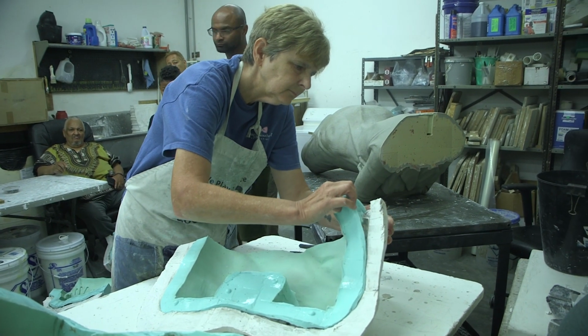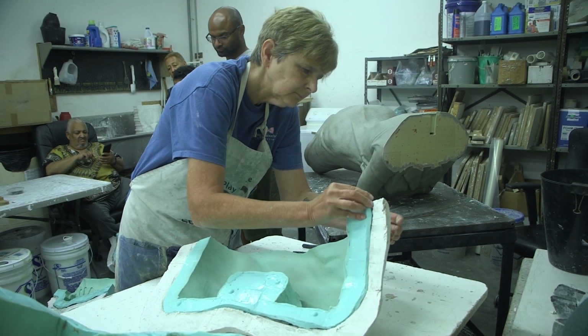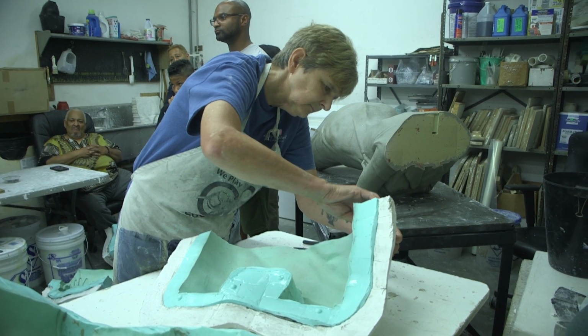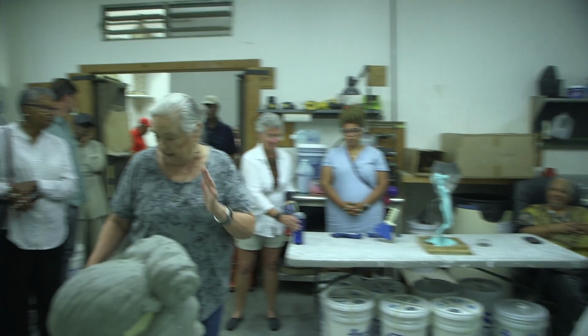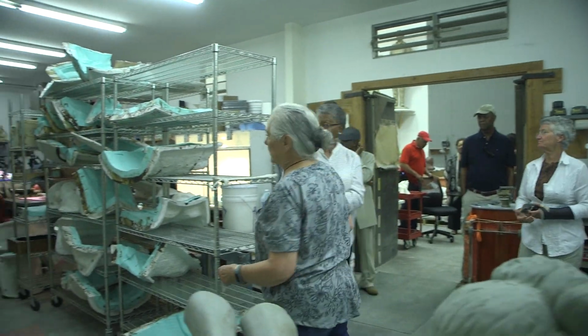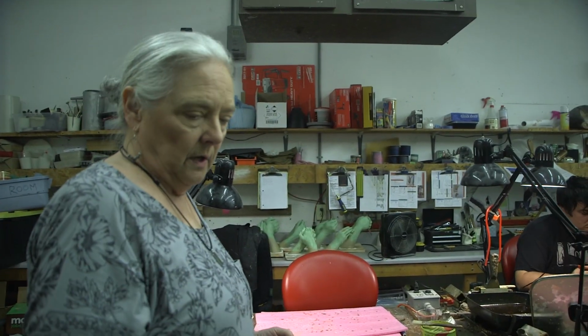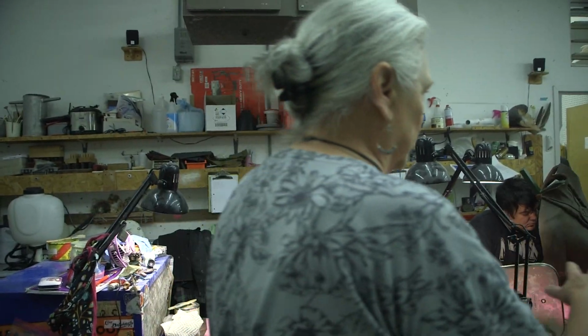Bobby's kind of putting everything back in now on this piece so that wax can be added. On the larger pieces like this, wax is first painted into the surface of the rubber. And then poured in. All right, so in this area, all of our wax work is finished. So once the wax is in the rubber mold,